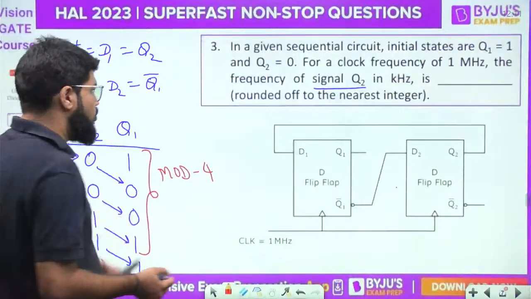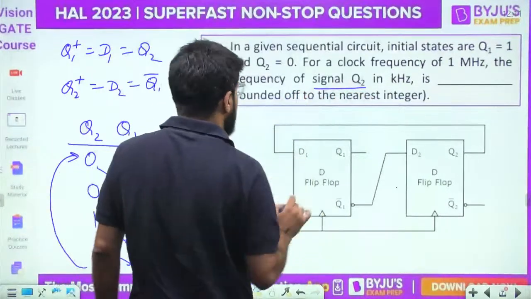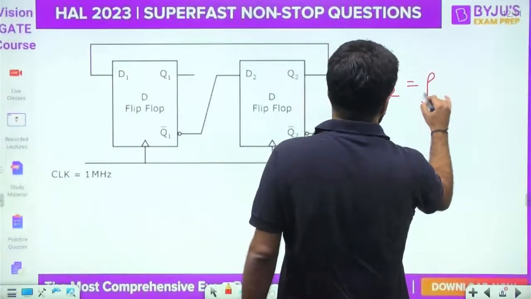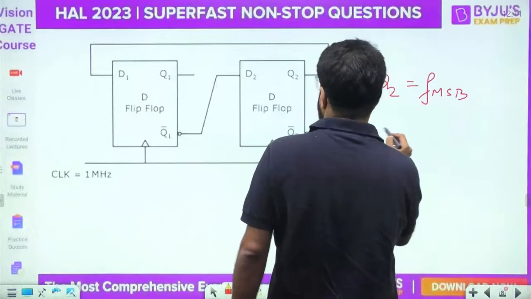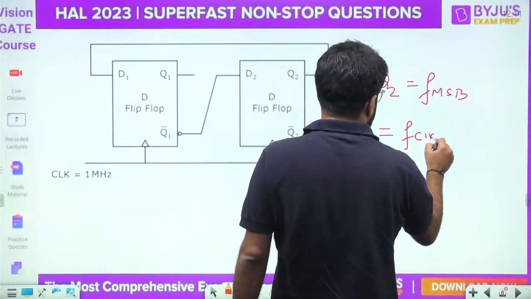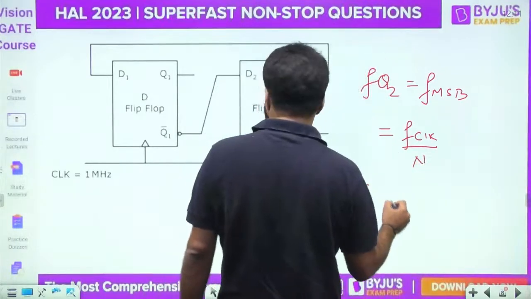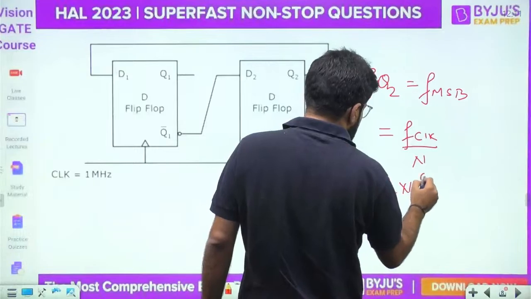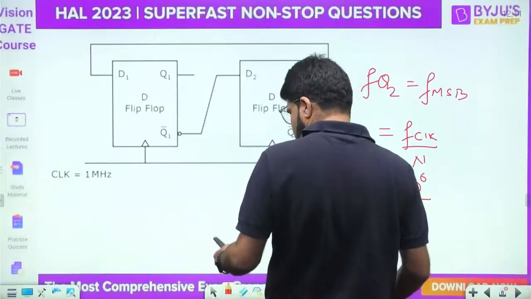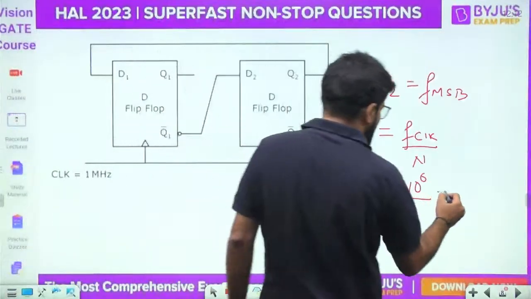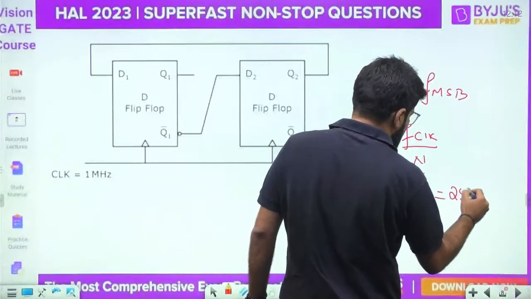If it is mod 4, the frequency at the signal Q2, which I have taken as the MSB, is given by the clock frequency divided by the modulus number. Clock frequency is 1 megahertz, that is 1 into 10 power 6, divided by the mod number 4. And we are looking for the answer in kilohertz. So 1000 by 4 is 250